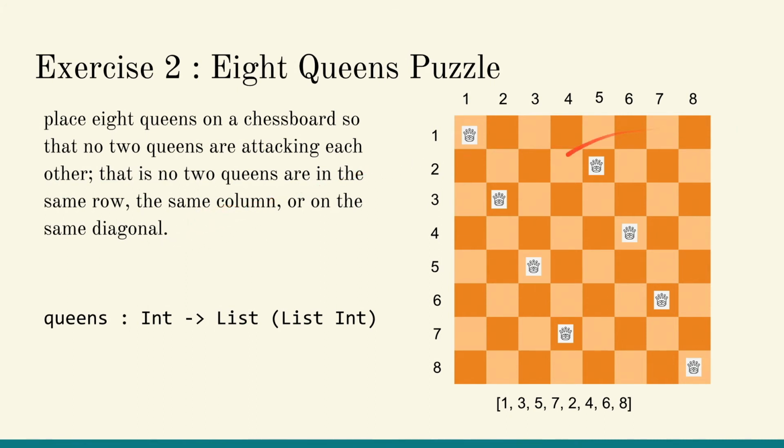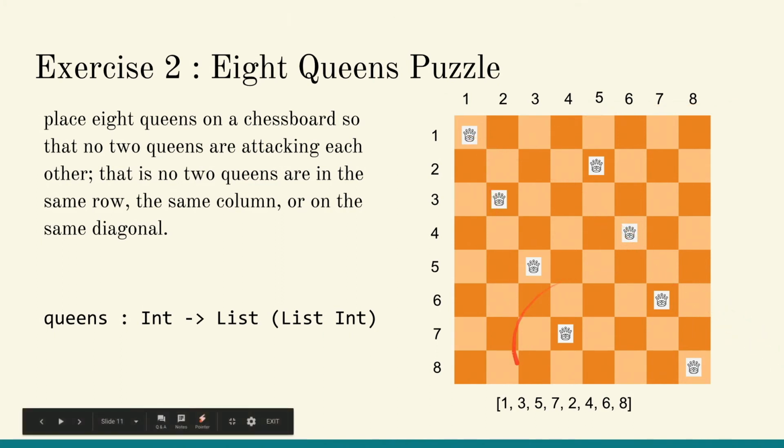The 8 queens puzzle is very famous. We have a chessboard about 8 by 8. Now we have 8 queens to put on this chessboard, and no queens should attack each other, right? So they cannot be in the same row, same column, or same diagonal position. And